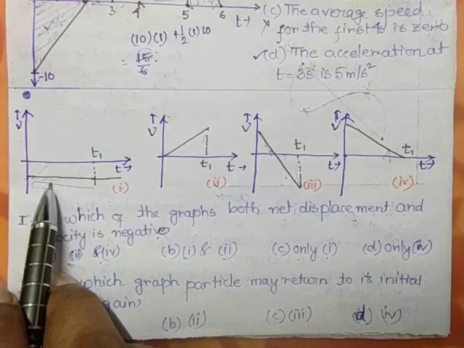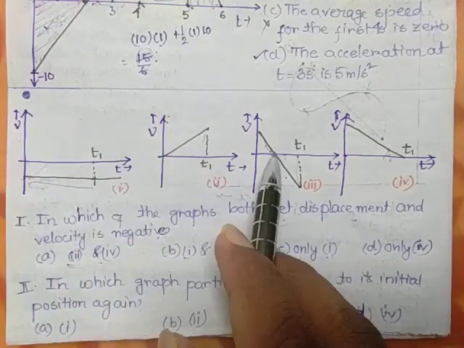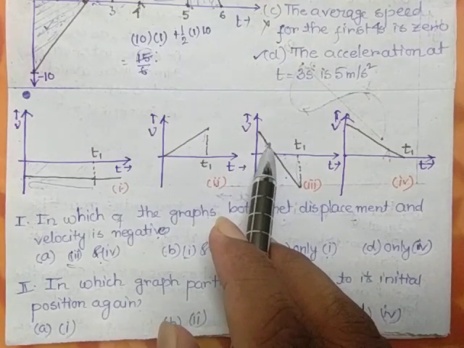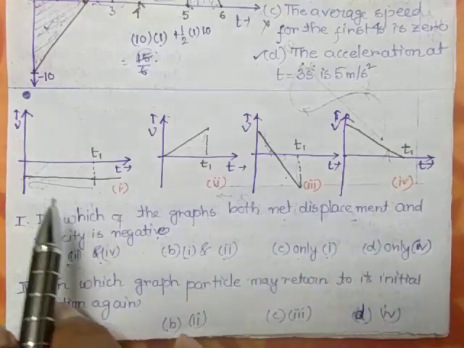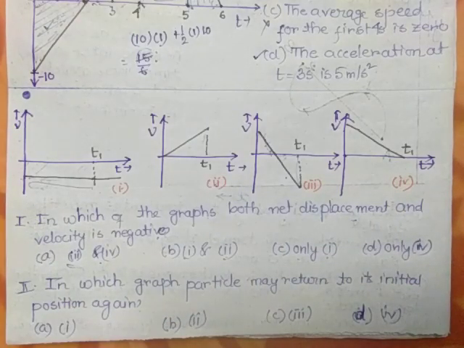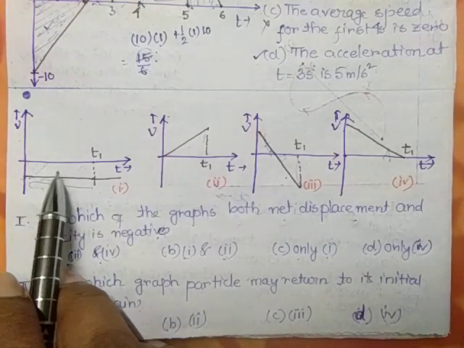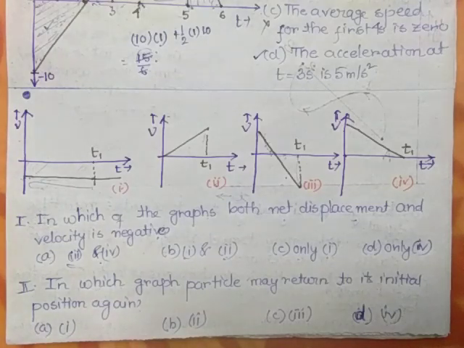Here the acceleration is 0. Here the acceleration is constant. Here the acceleration is at first negative, here it is negative, and here it is also negative. So in which case is the acceleration 0? In this case the acceleration is 0 because the velocity is not changing. So from this concept, if the acceleration of the particle is 0, then no force is acting on it. So we can say that if the acceleration of the particle is 0, it is moving with the same velocity, and no force is acting on it.